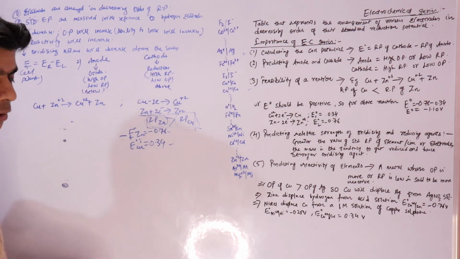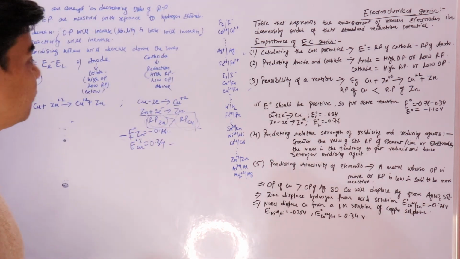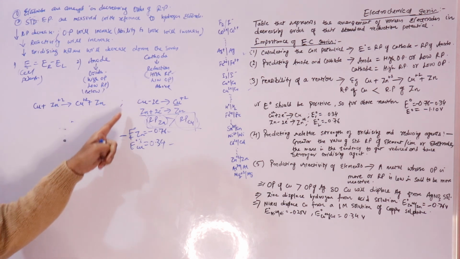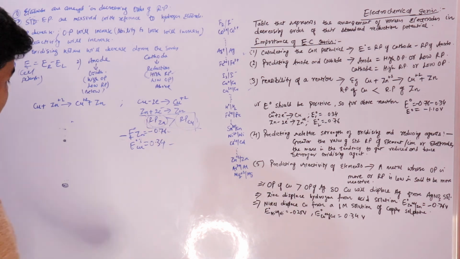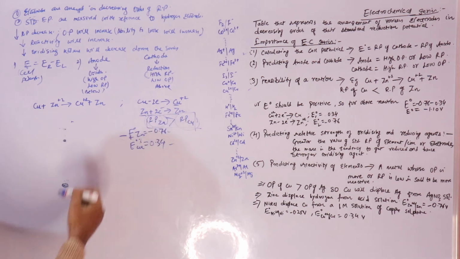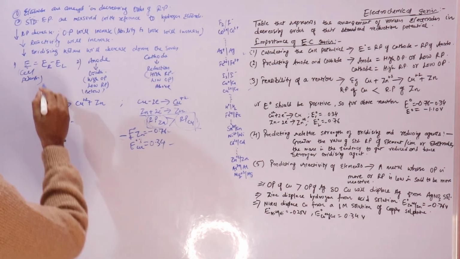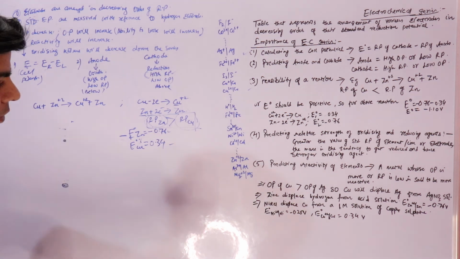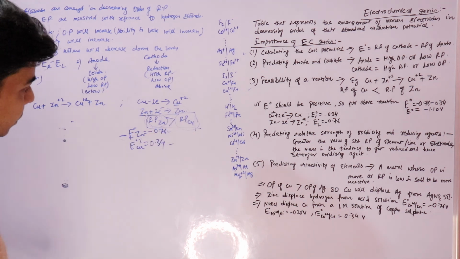There is one more way to tell if this reaction can occur spontaneously or not, by calculating the EMF of the cell that is formed from these two electrode reactions. It's the same, ER minus EL. Zinc is undergoing reduction, and copper is undergoing oxidation, it's losing electrons. So if I put the value of ER, the electrode potential of the cathode, here the cathode would be this, where gain of electrons is taking place, and we know its value is,